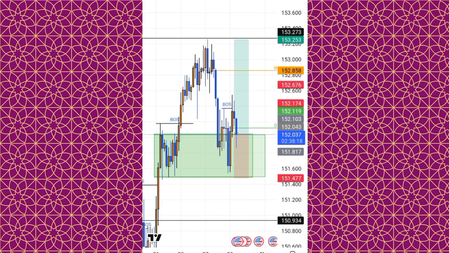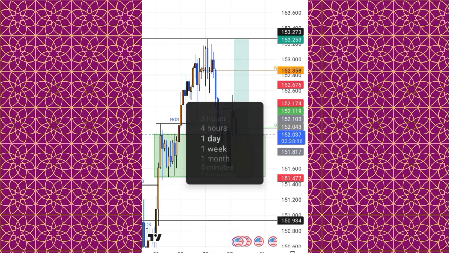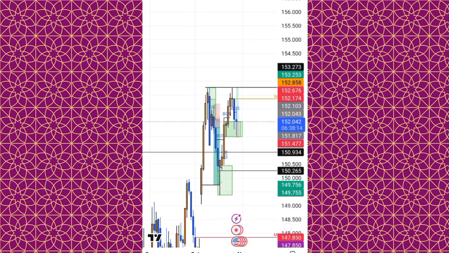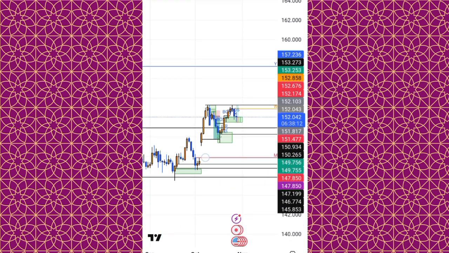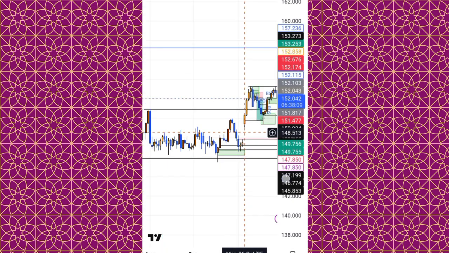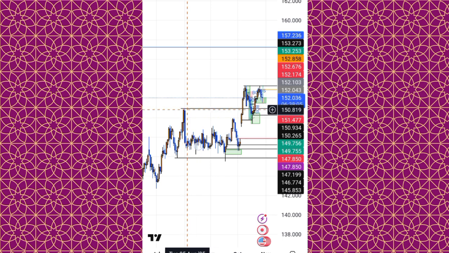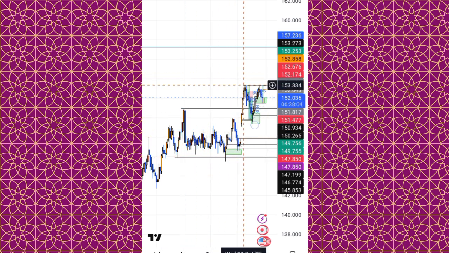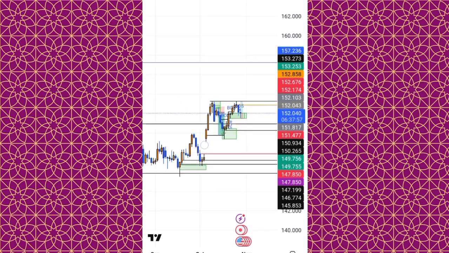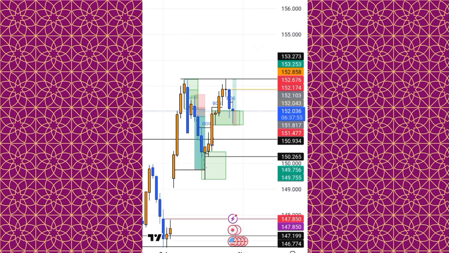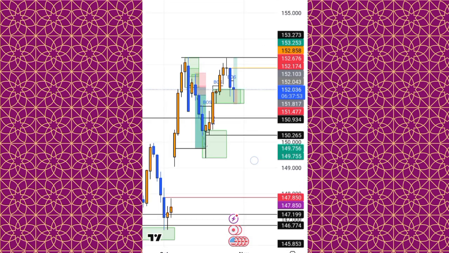Confluences for this trade are very simple. In the daily time frame, you can see that clearly we are bullish, right? We have this higher high, higher low, higher high, higher low. So clearly what are we going to get next? A higher high, right? Now it failed to make that higher high here, and then it made a pullback instead